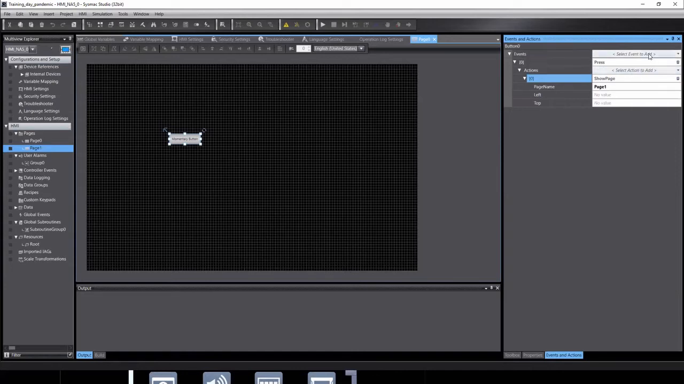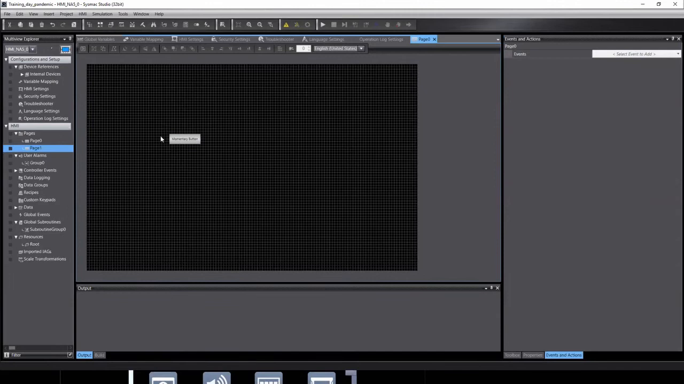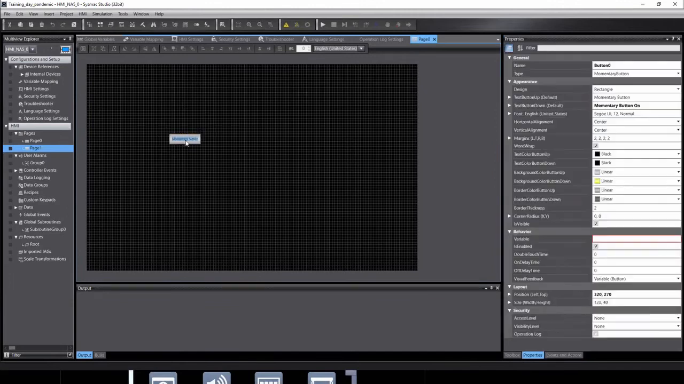And we can add multiple events to the button. If we wanted to, we can have one on pressing, one on releasing, one on click. Not too sure what the difference is there, but to edit the text on the button, we can go to our Properties tab, or you can just click on the actual text on the button, and we can call this